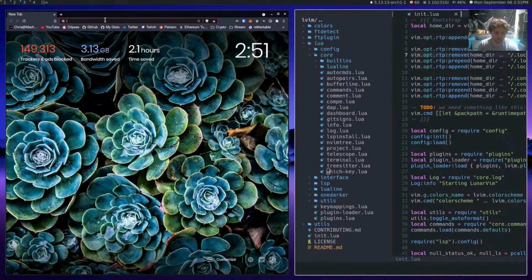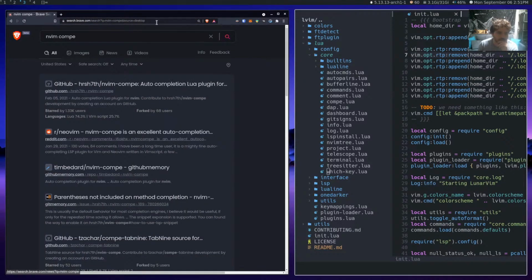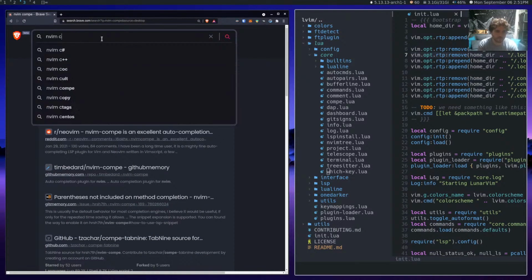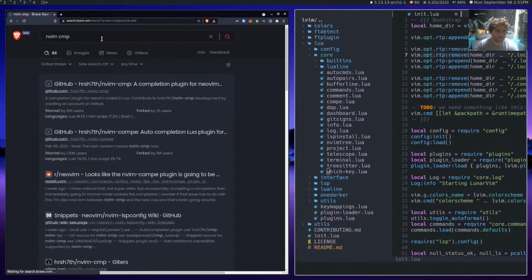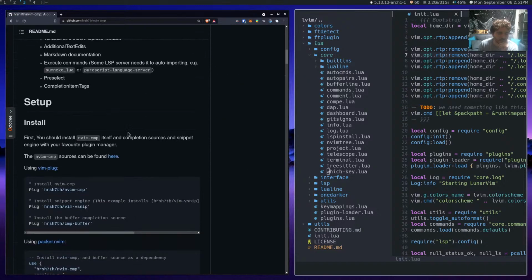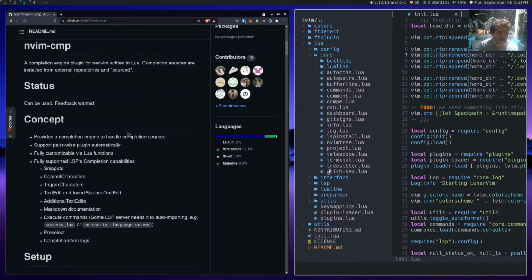So let's see. We're going to do mvim cmp. Actually, we want cmp. So I've also noticed with this, there's multiple plugins for things.